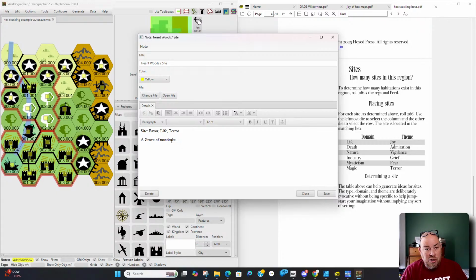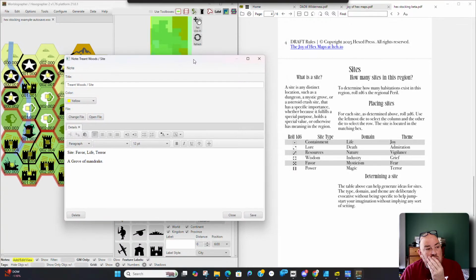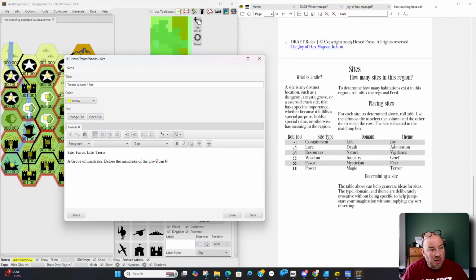So we're talking about an offering. So let's just say before the mandrake of the grove can be harvested, an offering must be made equal to at least,